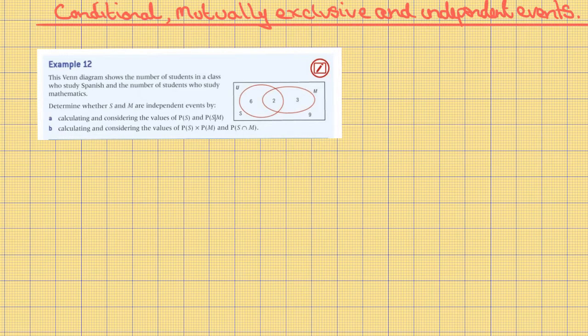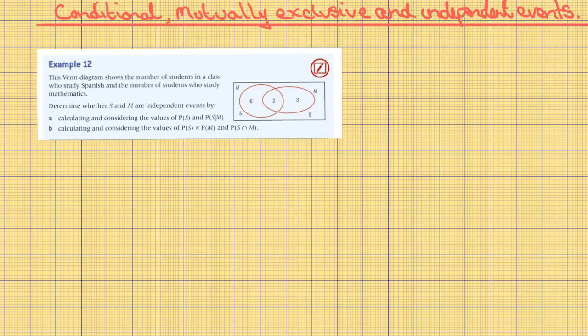Conditional, mutually exclusive and independent events. Example 12. This Venn diagram shows the number of students in a class who study Spanish and the number of students who study mathematics. Determine whether S and M are independent events by A. Calculating and considering the value of the probability of S and the probability of S given M, and B. Calculate and considering the values of probability of S times the probability of M and the probability of the intersection